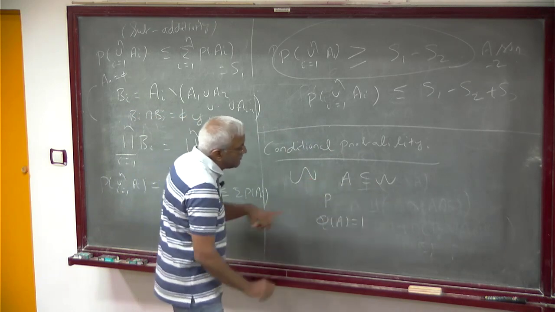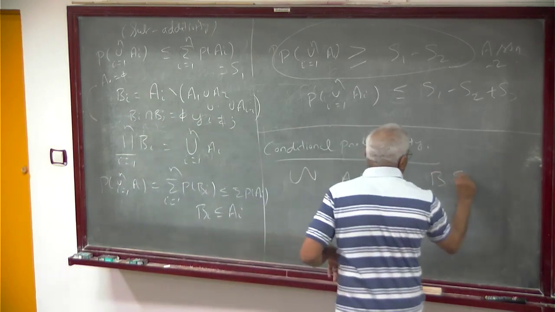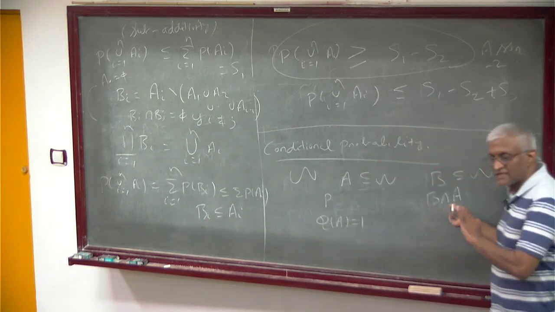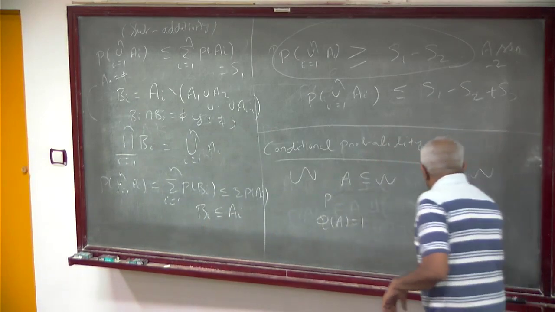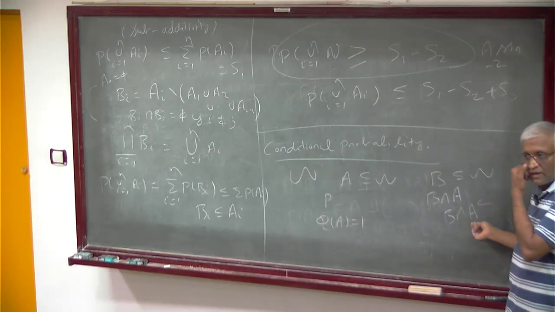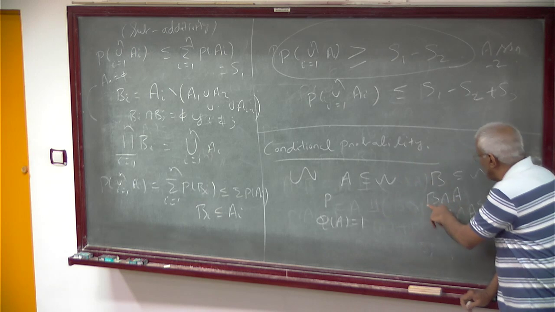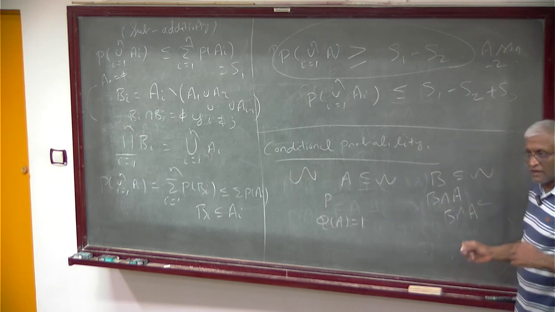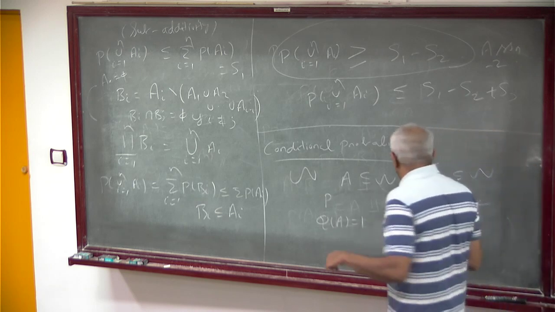Then for all the other probabilities, suppose I have B, another event in omega. You know that B intersection A has some probability to happen. B intersection A complement has no probability; its probability is 0. Okay. So the probability of B intersection A under Q. Okay. So how will you define that probability?